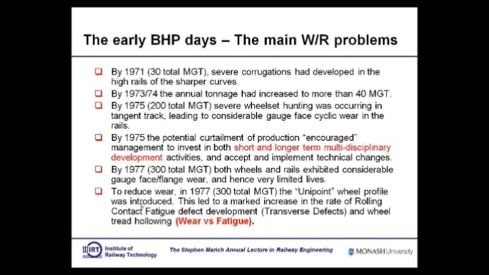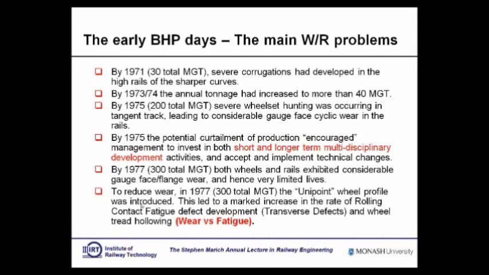Okay, in 1971, that's 2 years after it started, it already had 30 million gross tons over the track. We started to get corrugations in the high rails of the curves. Unseen, there were shallow curves, and these corrugations started to appear. By 73, 74, the annual tonnage had increased to over 40 million gross tons. This is business at its end degree. 75,